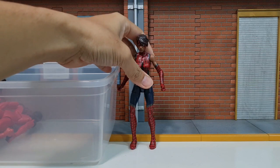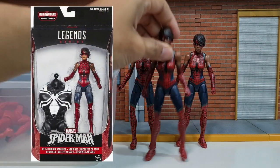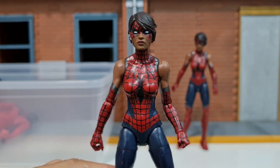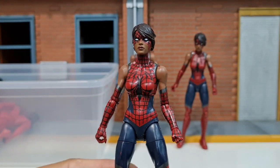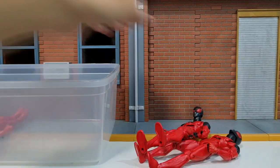Again, I don't know why, but I have three of these Ashley Barton Spider-Woman. I think she only appeared once in the Spider-Verse, or did she also appear in Spider-Geddon? I can't really remember, but yeah, we have a figure of her. 1, 2,